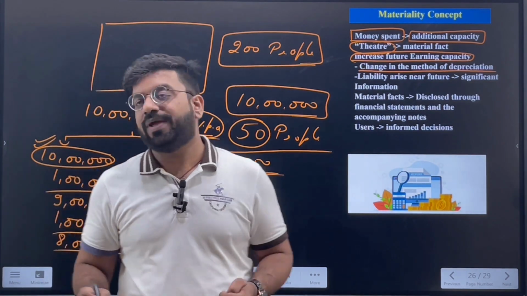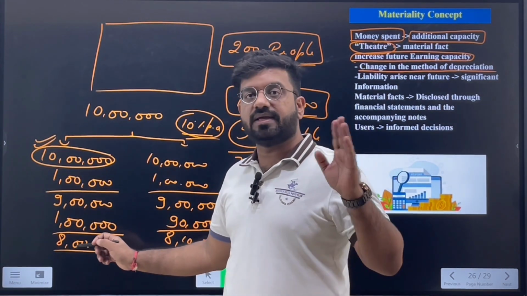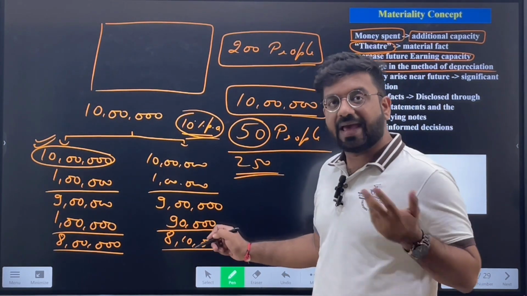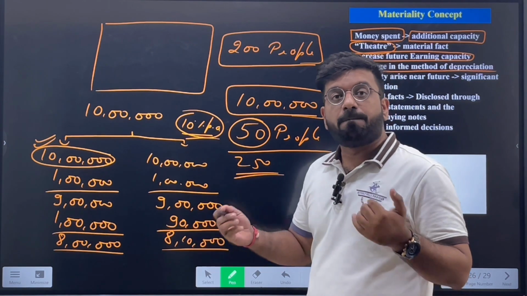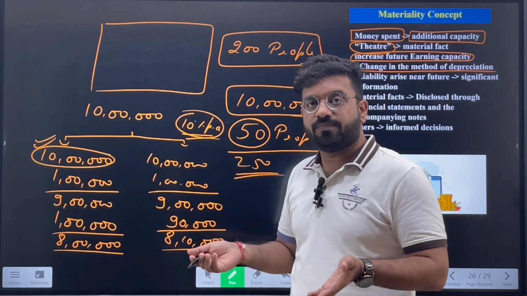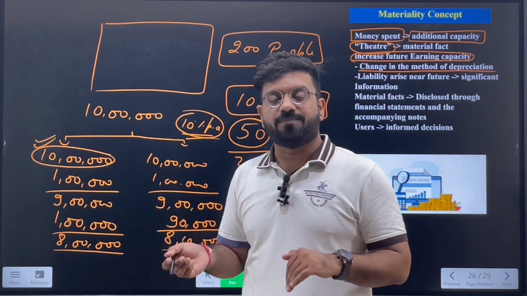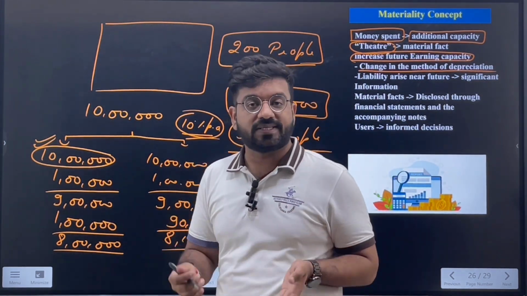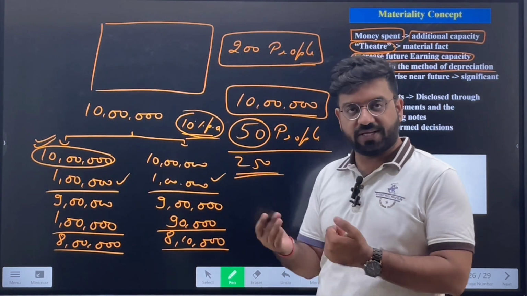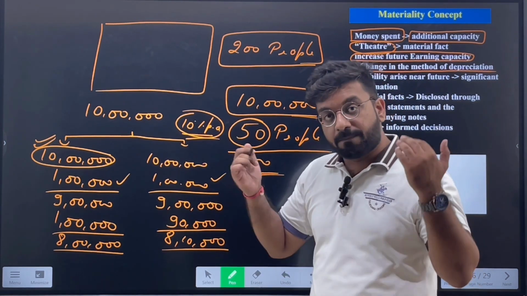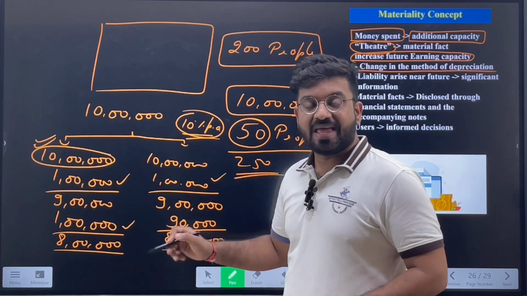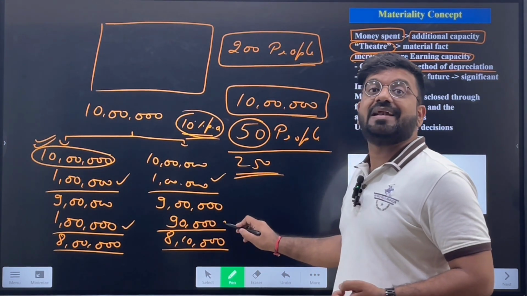If I am following this approach regularly, consistently, there is no problem. If I am following this approach again consistently, there is no problem. But if I switch from this to this next year, and from this to that in another year, this is a material fact, because you just saw the expenses for that year were 1 lakh and 1 lakh, which were equal. There was no problem in the first year, but in the second year, the expenses booked by the first company was 1 lakh, and the expenses booked by the second company was only 90,000.